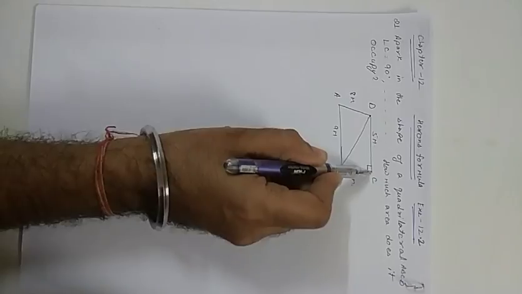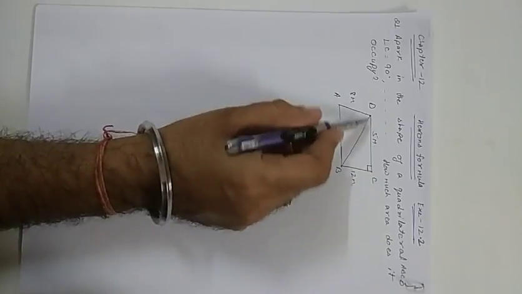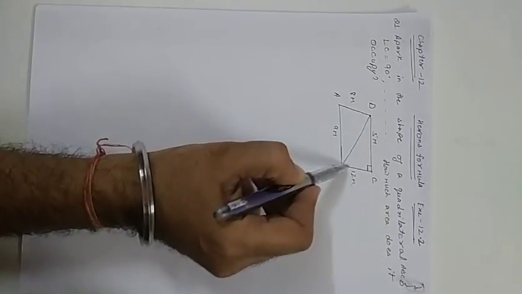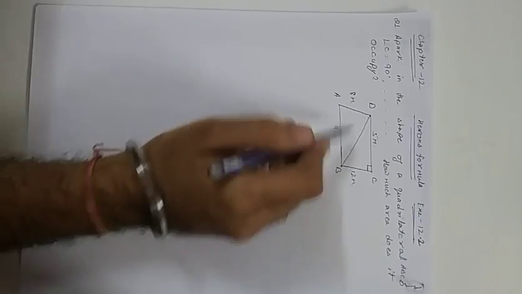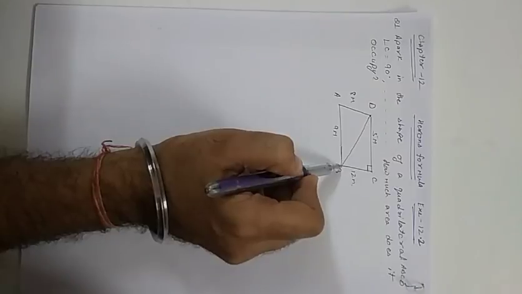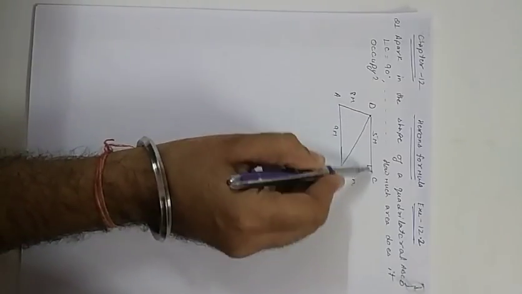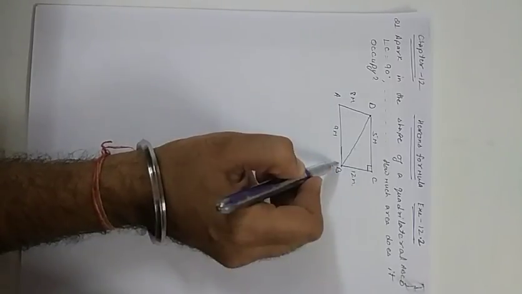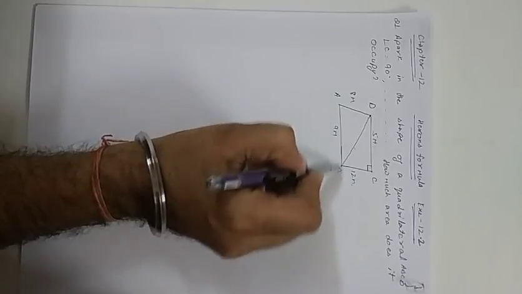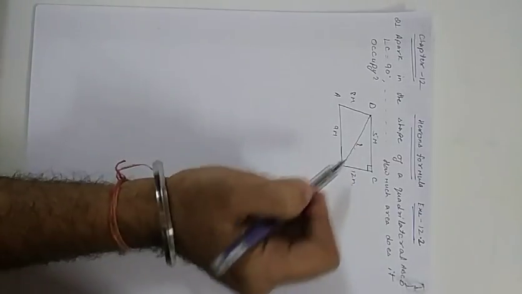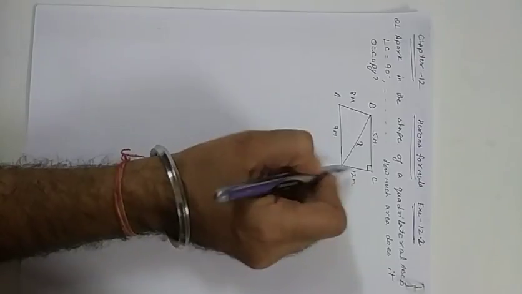This half portion is a right angle triangle. Correct? This complete figure we can say is a quadrilateral, and this one is a right angle triangle, and this is another triangle. With the help of half base and height we are able to find the area of this triangle, half into base into height, because the opposite of 90 is the hypotenuse. Second thing, we have to find the area of this other triangle. For this we want the measurement of the third side. So how do we find the measurement of this third side? By using the Pythagoras theorem.